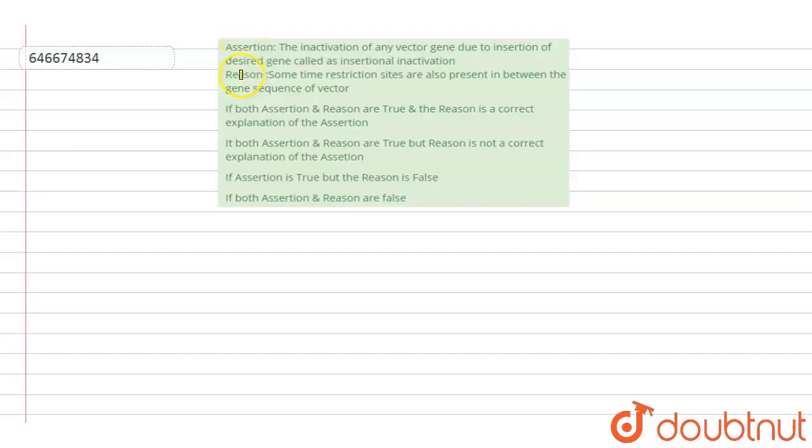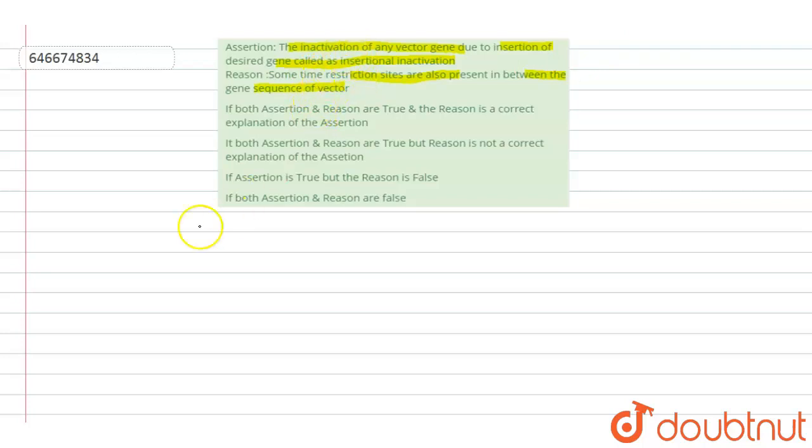Hello students, have a look at the question. The question is about assertion and reason. Assertion: the inactivation of any vector gene due to insertion of the desired gene is called insertional inactivation. Reason: sometimes restriction sites are also present in between the gene sequence of the vector. Options: we have to find whether assertion and reason are true or false, and if true, whether the reason is the correct explanation